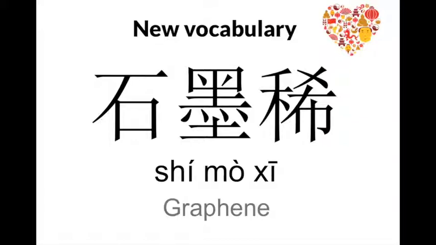But anyway, the word is 石墨烯, 石墨烯, which literally means thin graphite. So 石 means stone, 墨 means ink. And together they form graphite. I think it's pretty logical. Stone, ink, it's kind of graphite. Makes sense. And then 烯 means thin. So if you have thin graphite, you get graphene. 石墨烯. So that was actually the final word of this course. Now only the final sentences remain. Let's jump straight to them.